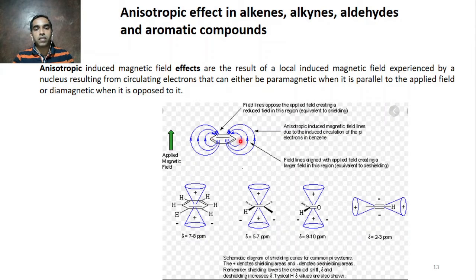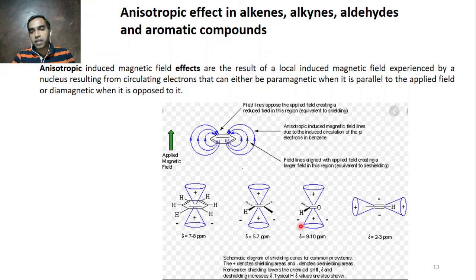Now in case of benzene ring, you can see the induced magnetic field in this region is in the direction of the applied magnetic field, but inside it is in the opposite direction of the applied magnetic field. So here what happens, the net magnetic field experienced by these protons, whichever is going peripheral outside, will be higher than what you have applied. So this plus this. Now if the experienced magnetic field is higher, the corresponding frequency will also be higher, delta ppm will shift to downfield, so it will increase.